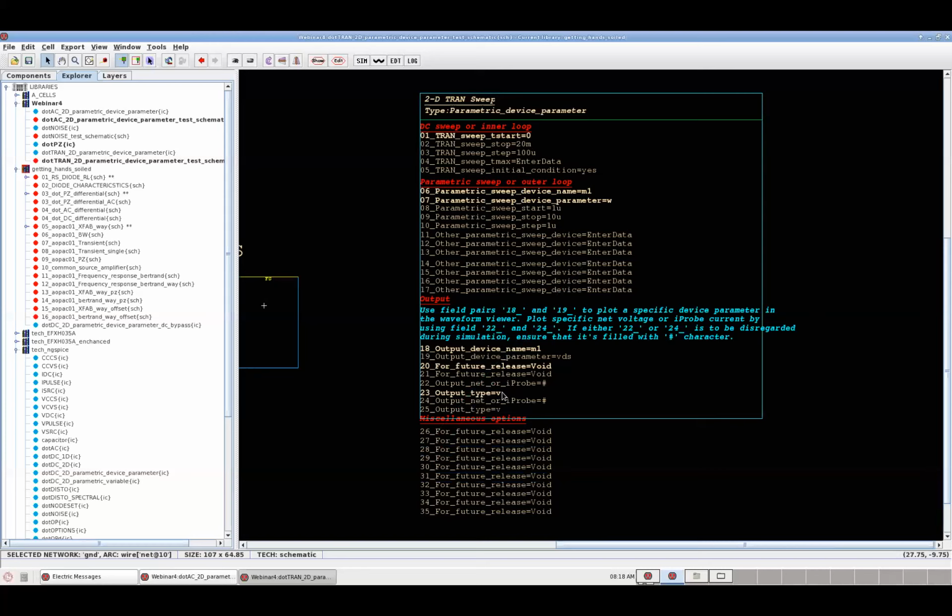In case you are probing current through iProbe, you have to define this as I and replace this field 22 or 24 with the instance name for iProbe, in a similar fashion to what you might have seen in Dot .opd. So for now, I'm just going to go ahead and demo the first case, which is output device name M1 VDS,